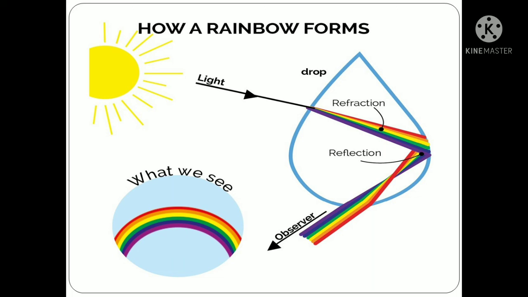Again, on the surface of the water droplet, there will be reflection, and many water droplets together in the atmosphere will show a very beautiful rainbow in the sky. When a beam of sunlight comes down to the earth, the light is white, but if the beam hits a raindrop at a certain angle, the different colors that make up the beam separate out and we see the rainbow. Okay students, so this is why we see a rainbow after a rain shower.